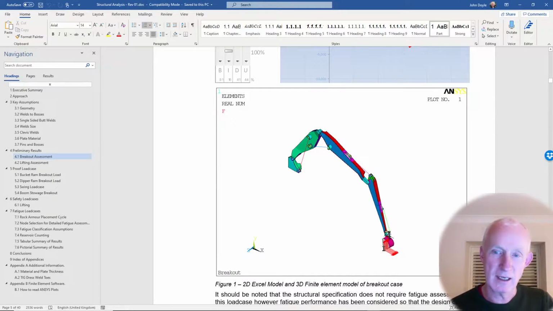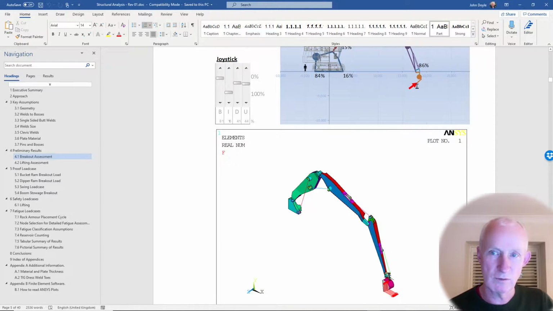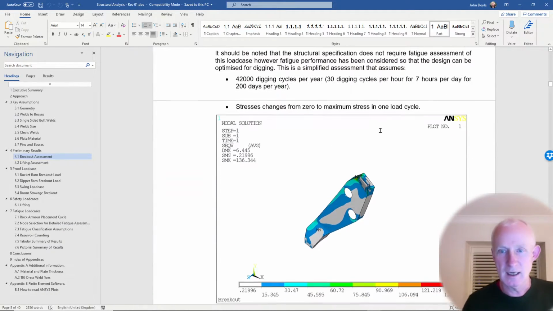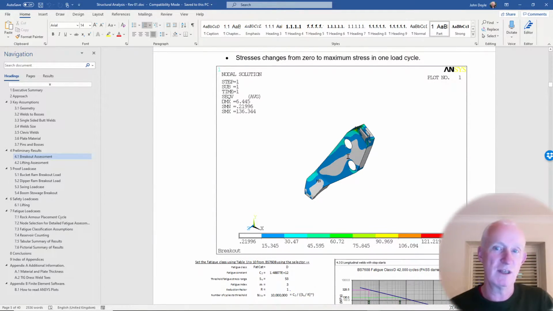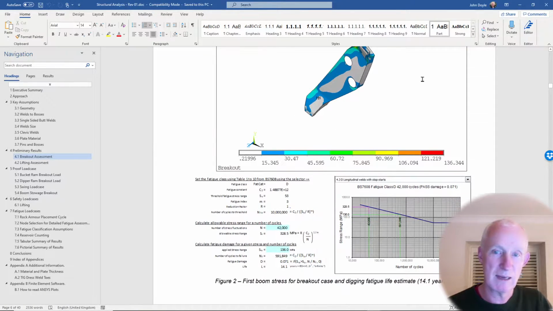And in there, I can put a horizontal and a vertical load, which puts a resultant force in that direction there. So from that, I can look at each of the individual arms and have a look at the stresses within the structure. So these are for proof load cases, but I can also use these same things to work